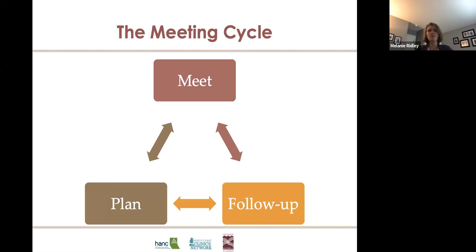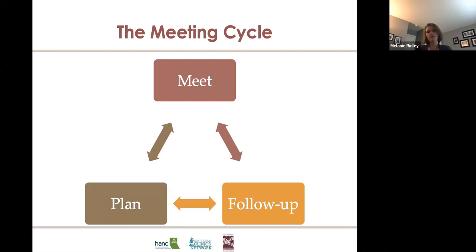And then we want to make sure that we are evaluating our meetings, understanding what worked for our group, what we want to change for next time, and closing on time, right? All these things are really important. And then there's that follow-up phase of the cycle. How are we checking in with people in between meetings to make sure that those action items we outlined get done in between meetings? What do people need in order to complete that? Or is there going to be a delay? And just understanding how things are going outside of the meeting. All of these are important phases of the process.